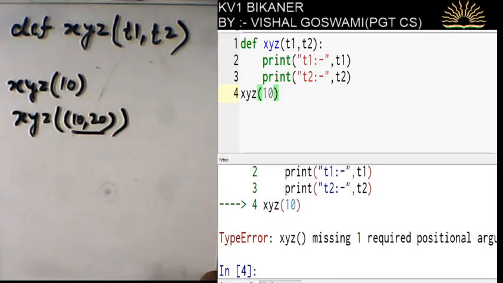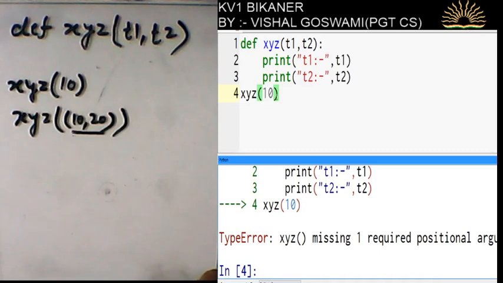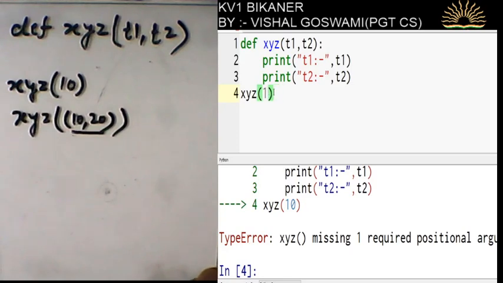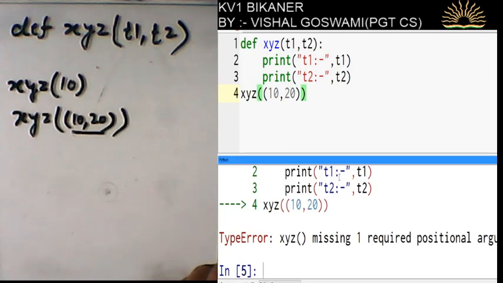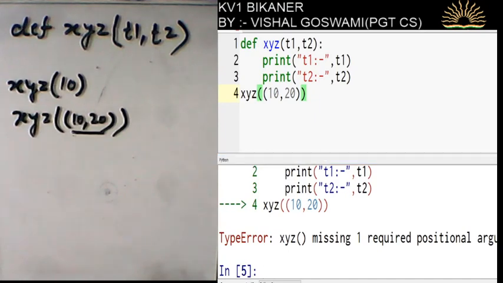Now see, so we have learned that we can provide any type of value to the parameters of a function.